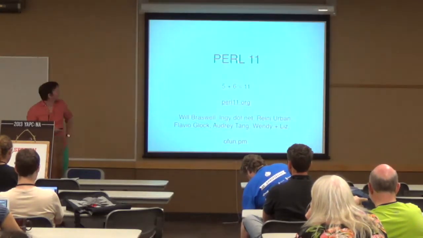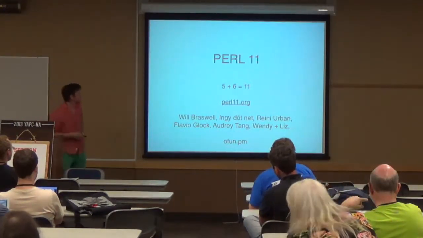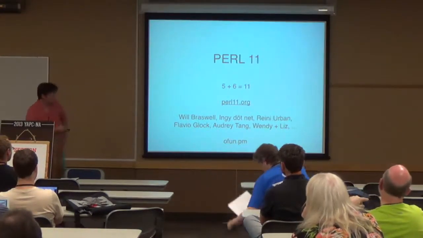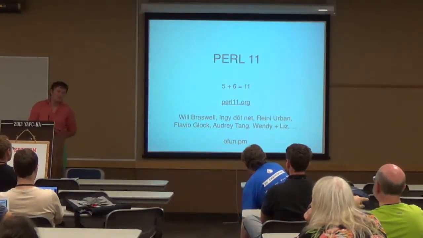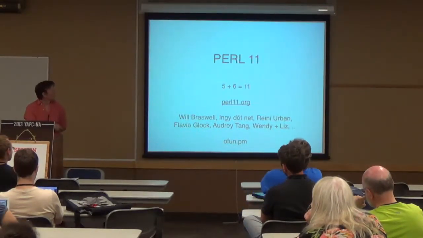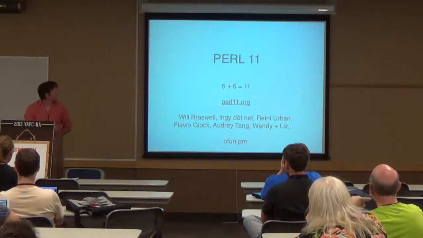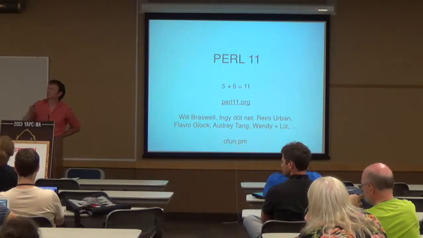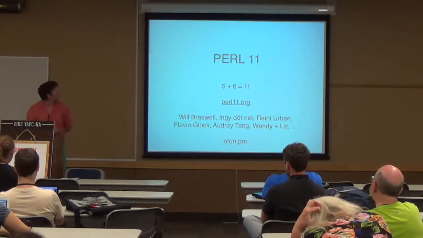But we came up with the ideas of better integration. So that basically was Will, Ingy, me, and Flavio Glock, because he has already source translators, and he has a super nice parser. With Perlito, that's a handwritten parser, to run on fast backends, optimizing for fun. And I came up, or I think Will and me came up with the idea for the optimizing compiler PCC to do more optimizations in it.